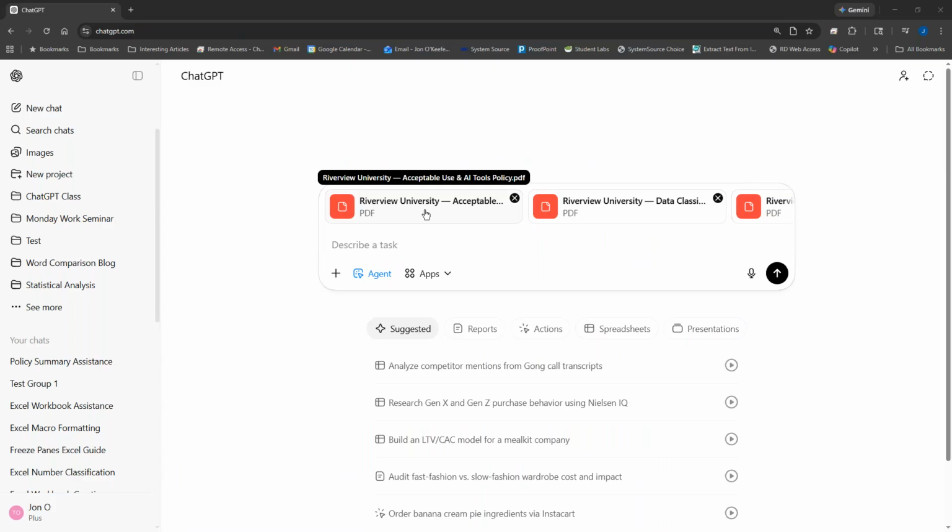So let's say your organization keeps all of this stuff on a website. Maybe there's Riverview University QA.com, and all of this stuff is on there. The answer is yes, as long as there are no credentials required to access the website. ChatGPT does not currently have the ability to go to a website and input a username and a password that